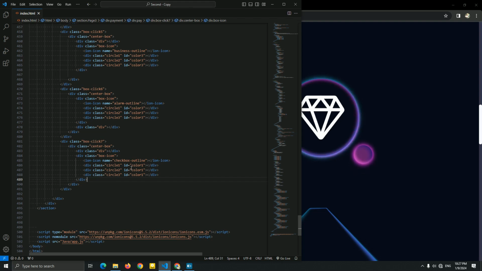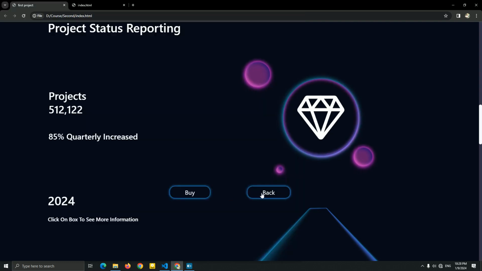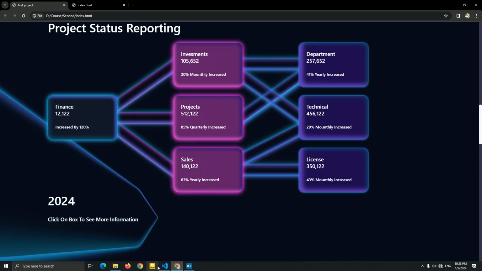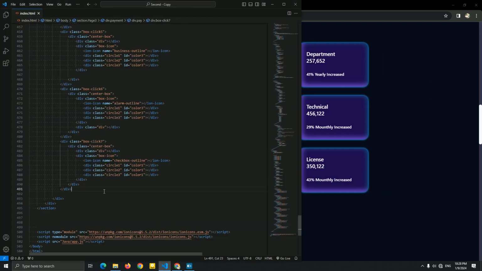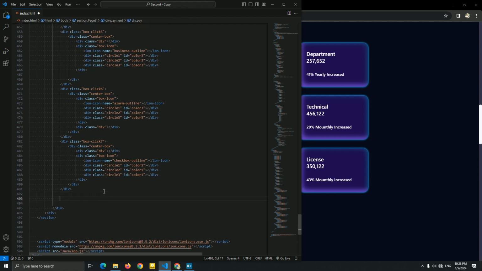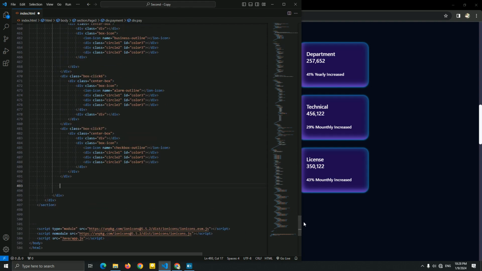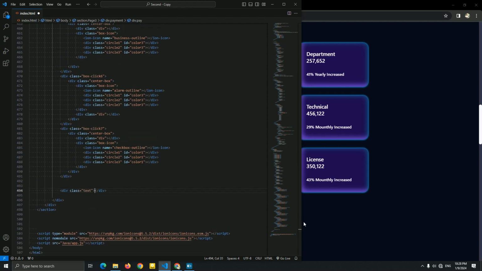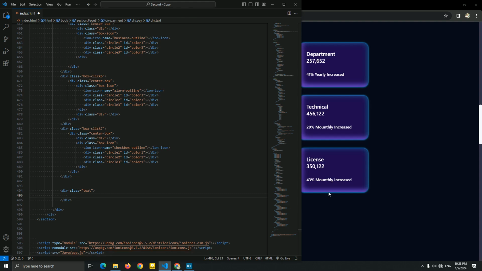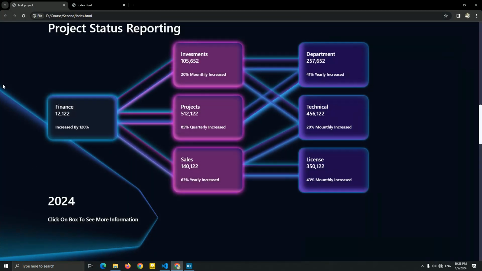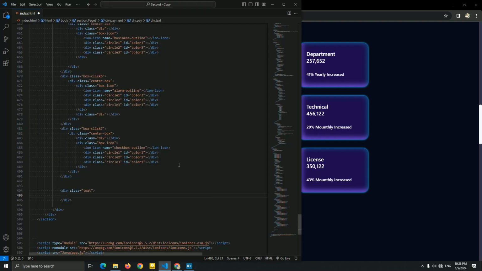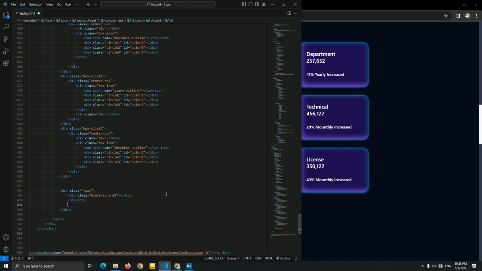Yes, I think this is everything, but last thing, I want to create this text for this. As you can see, this is a text, so let me just add the text outside of this, and let me put it inside of this pay. Okay, so I'm gonna add a text, and let me just create this background. As you can see, so I'm gonna name it black square 2, just like this. Okay, H1 and P.